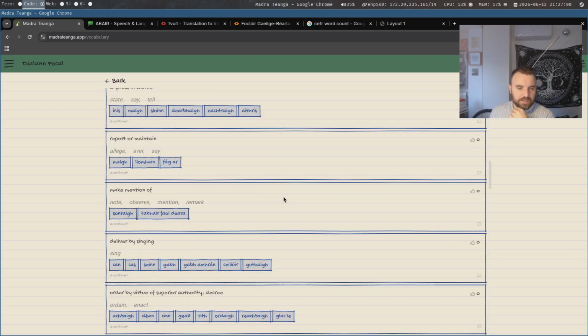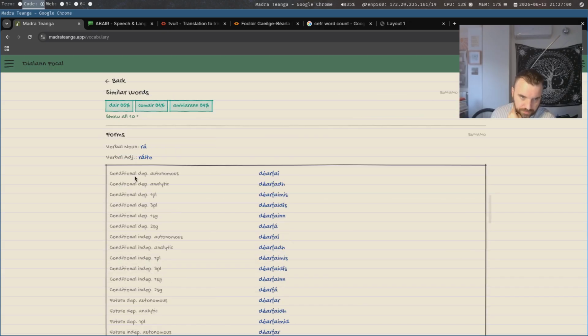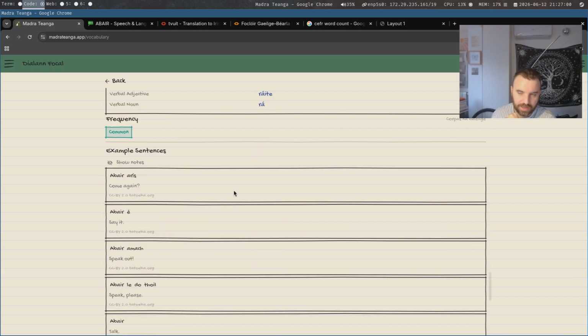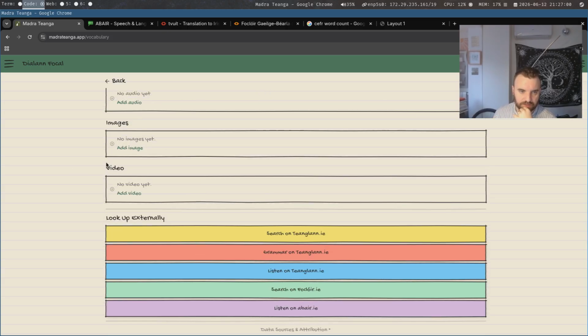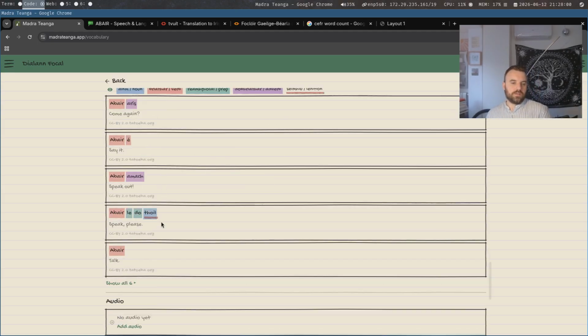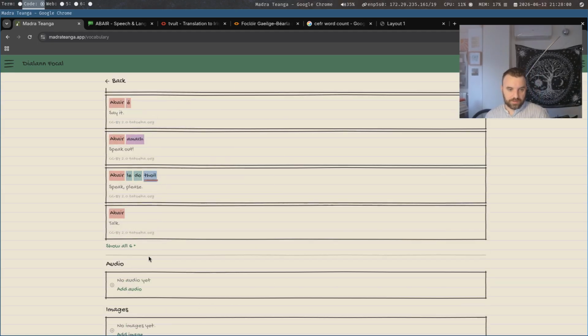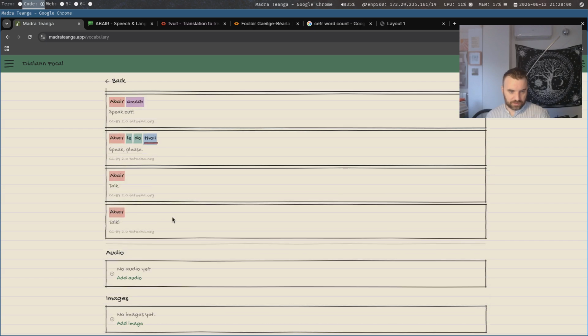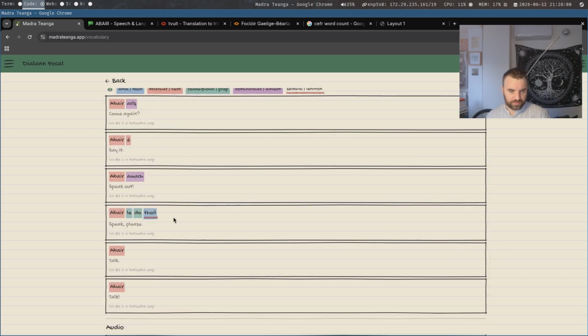But yeah, definitions here, and then forms, and then here is where you will see all of the sentences in the app that use this word that have English translations. So you can use this to infer what the word actually means. It's more reliable to do it this way, to use the sentences, see it in context, and then define it that way. As people make more courses, more sentences show up here.